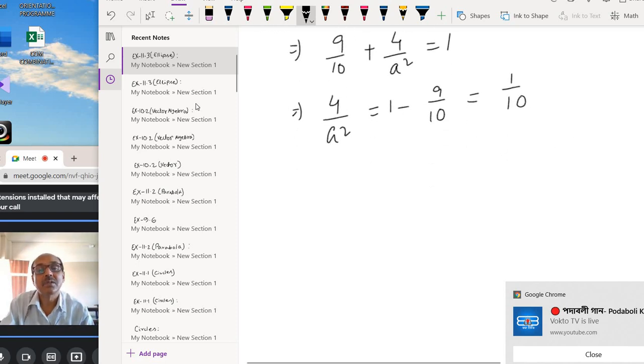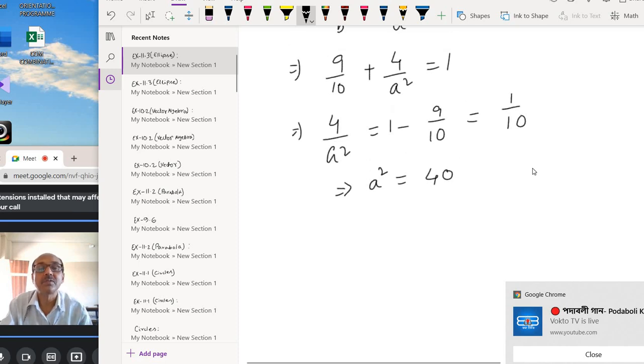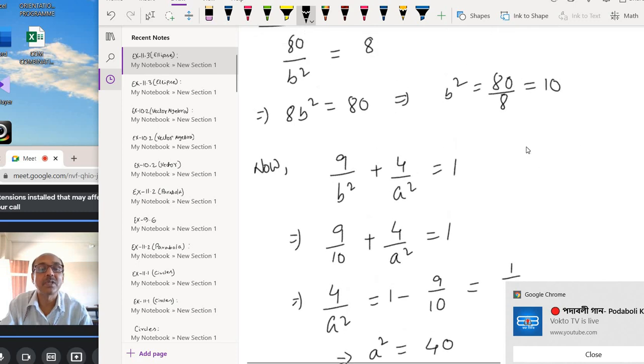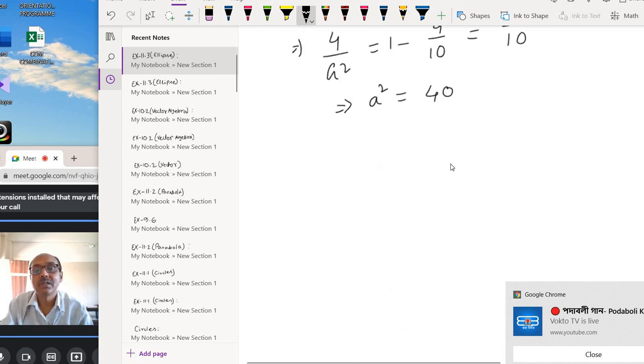Then cross multiply. So a square equal to 4 into 10, 40. a square equal to 40 and b square equal to 10. Therefore, the required equation of the ellipse,